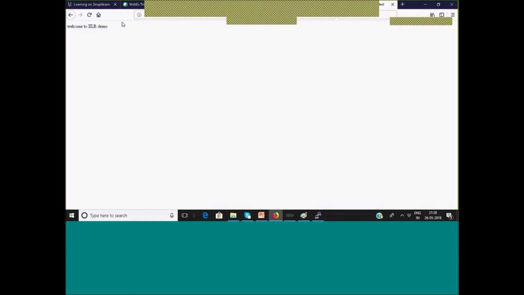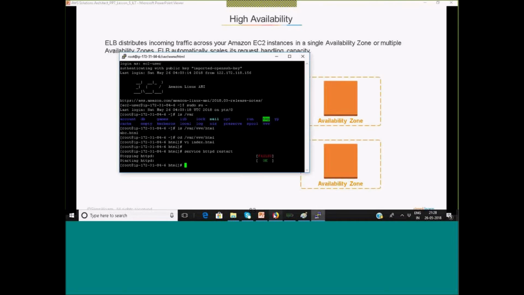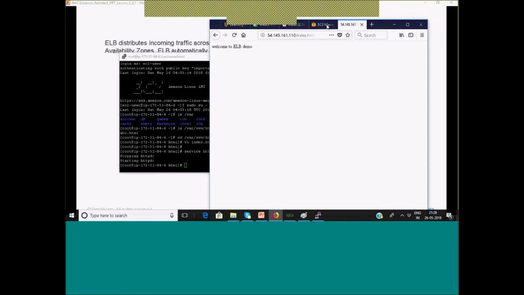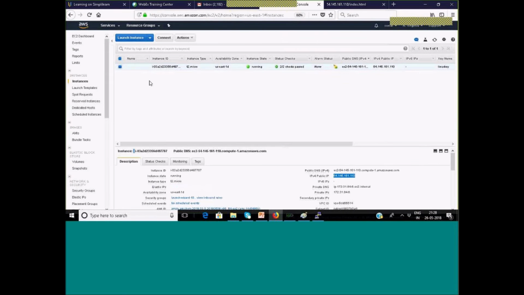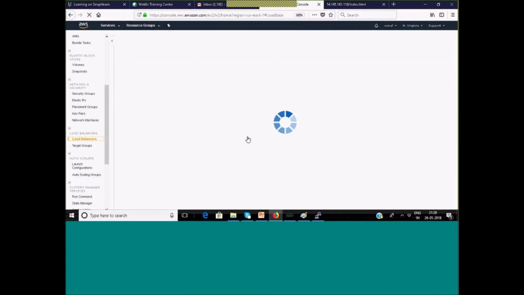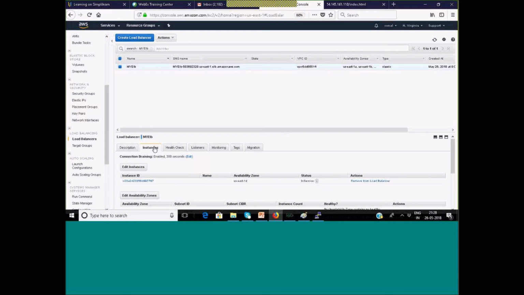Yeah, so now I will check whether my load balancer should also be able to. So going to the load balancer instance, yeah, see it has come now in service.